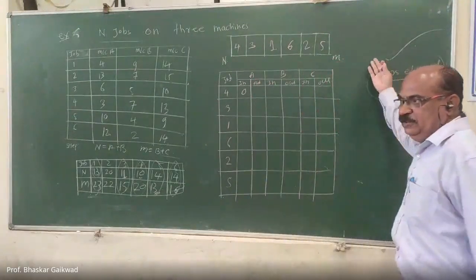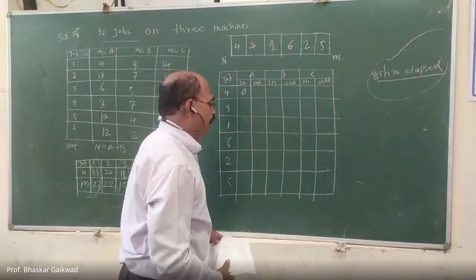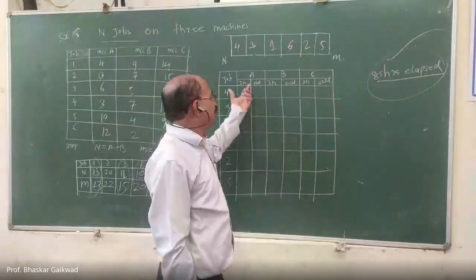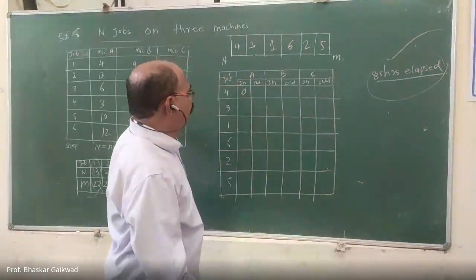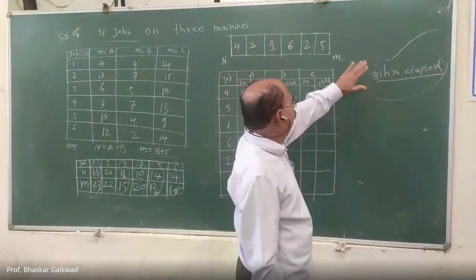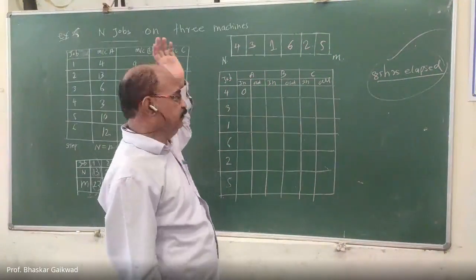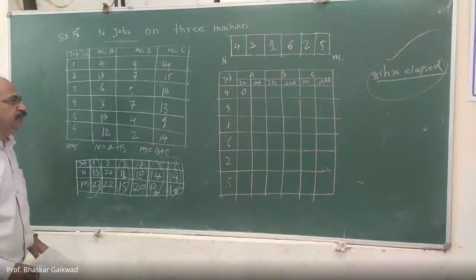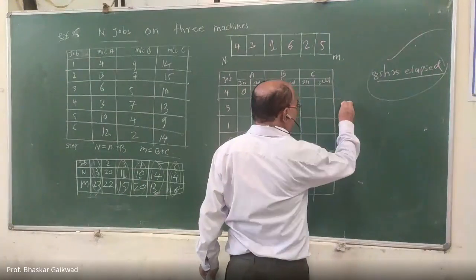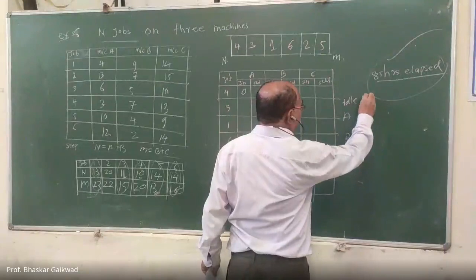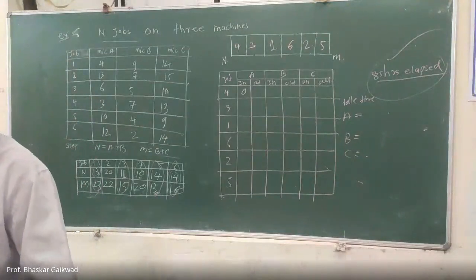So if you solve like this, you will get 2 marks and 1 mark for sequencing. And if there is a question to calculate idle time for particular machines, there is again 1 mark. So 2 plus 1 plus maybe 1, so at least 2-3 marks are expected in our GATE exam. Now, what are the idle times for A, B, and C?